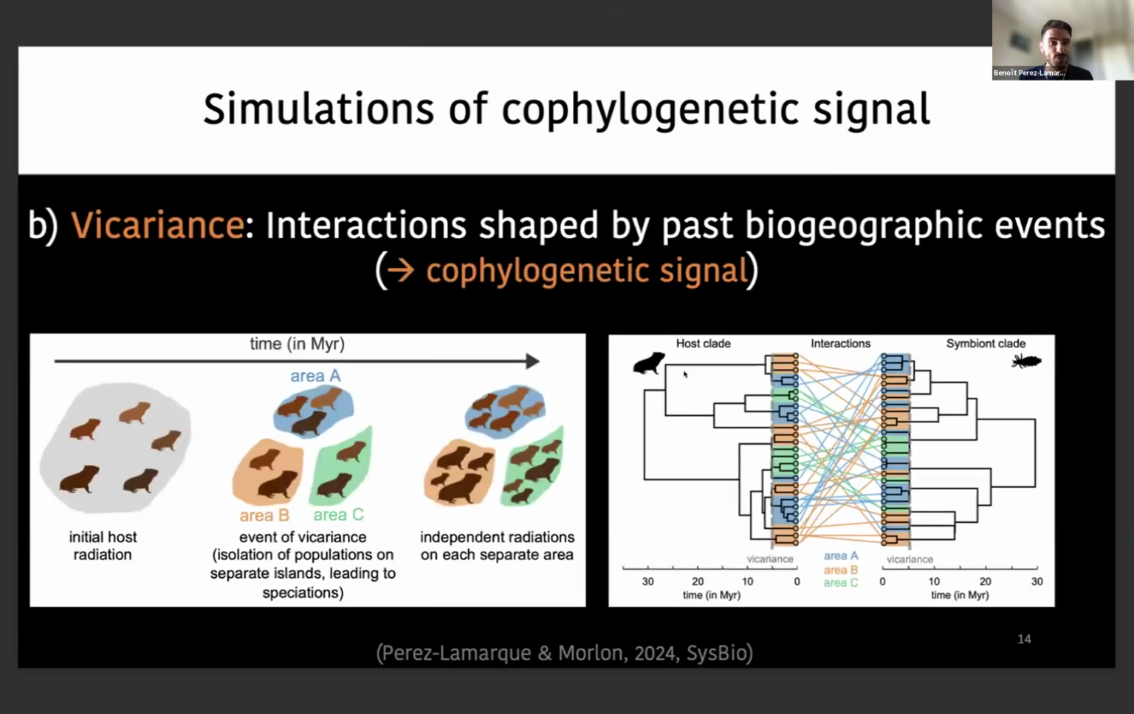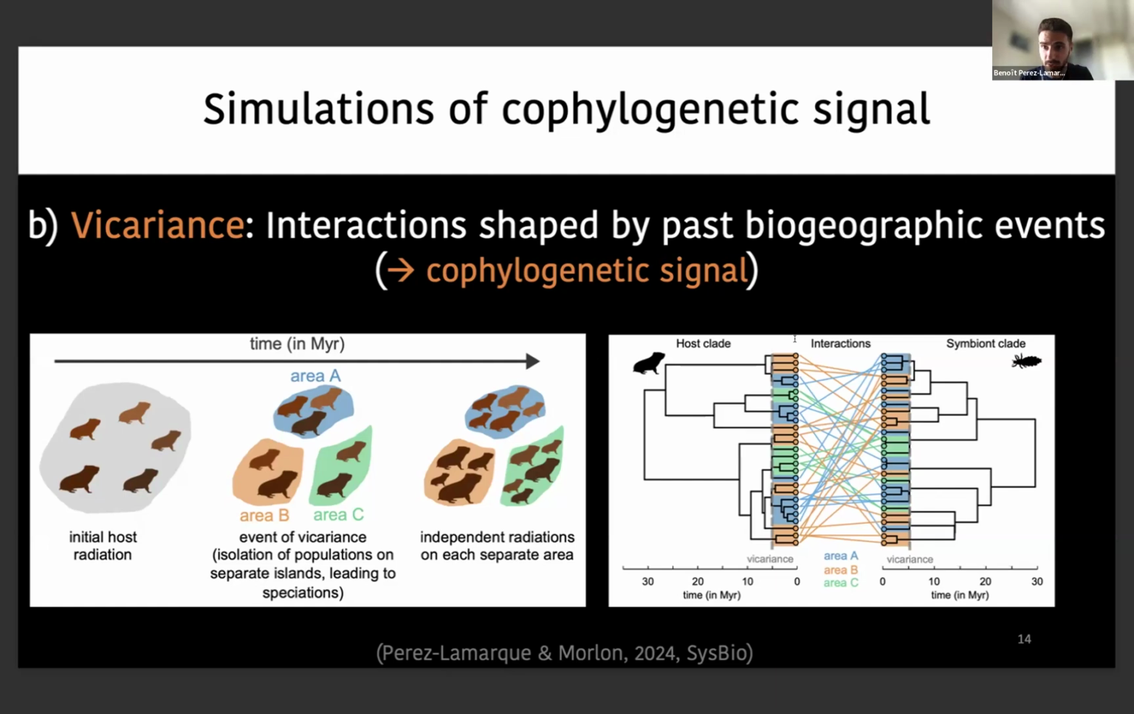In the second simulated scenario, we consider just an event of vicariance. And so we consider that interactions at present are only shaped by past biogeography events. So for instance, we consider a scenario where we have species of host and symbiont that diversify independently on a single area. And then 10 million years ago, an event of vicariance happened. So the species are isolated in different areas, and they just start radiating, diversifying separately on the different islands,